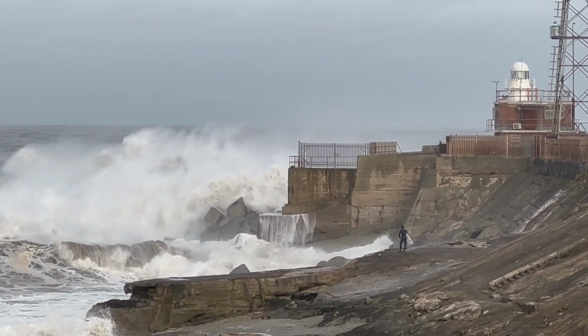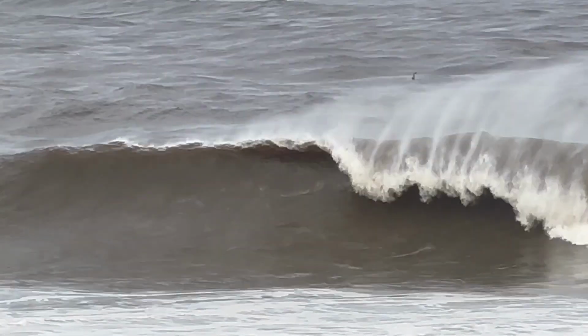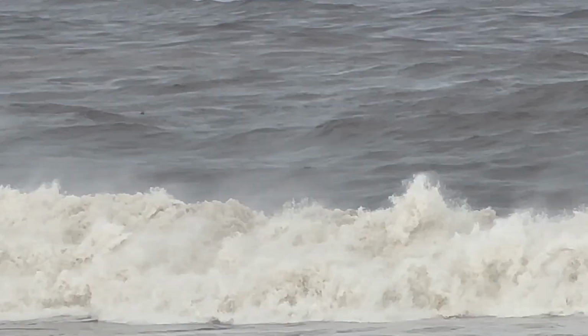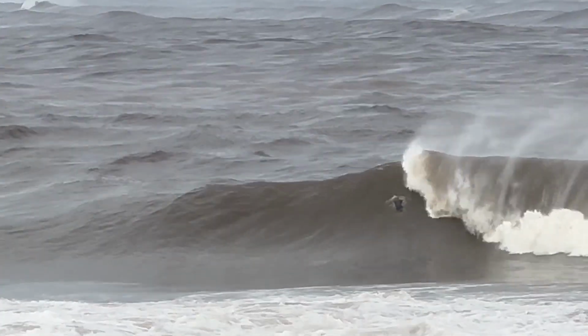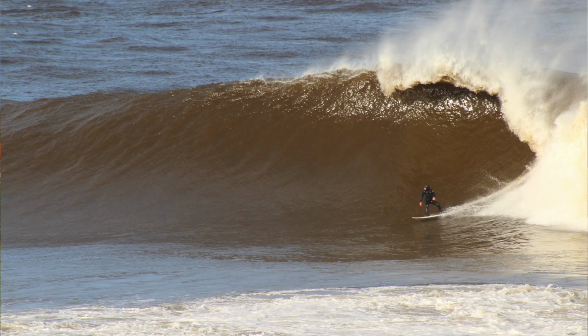This is well dodgy stuff, and to be honest, our hearts are in our mouths watching this guy. Eventually he did swim out through a lull, and this is him and his buddy who swam around the side trying to get themselves in a position where they could actually ride one of these things. We left before we saw any successful hookups, but here's a picture of him getting stuck into a pretty sizable